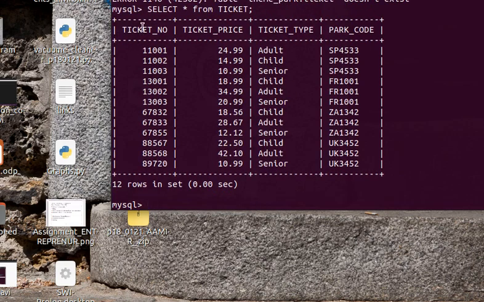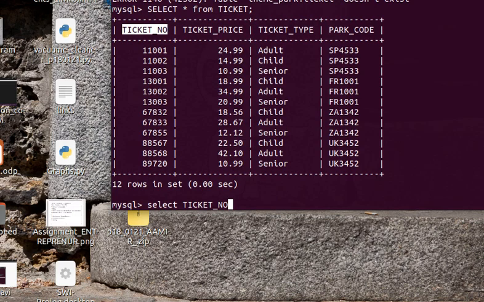If I want to select only the ticket number and the price from this table, I will use select ticket number. These are also case sensitive, because we have created these columns. They are not built in MySQL.